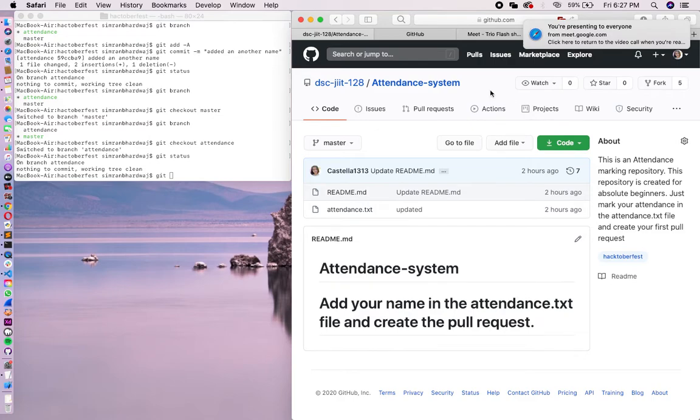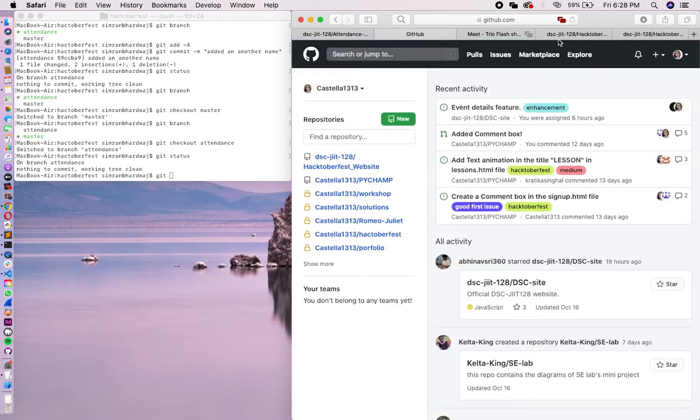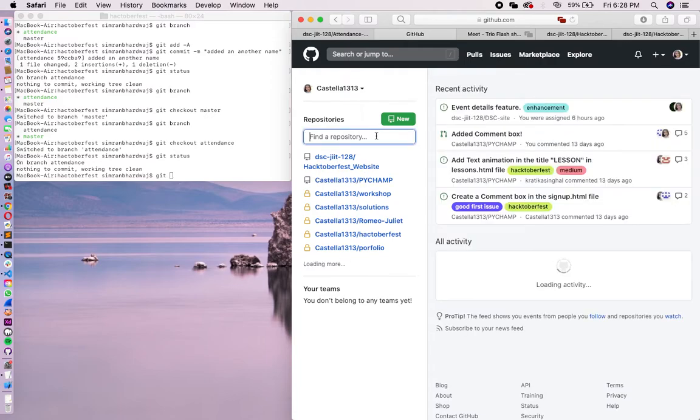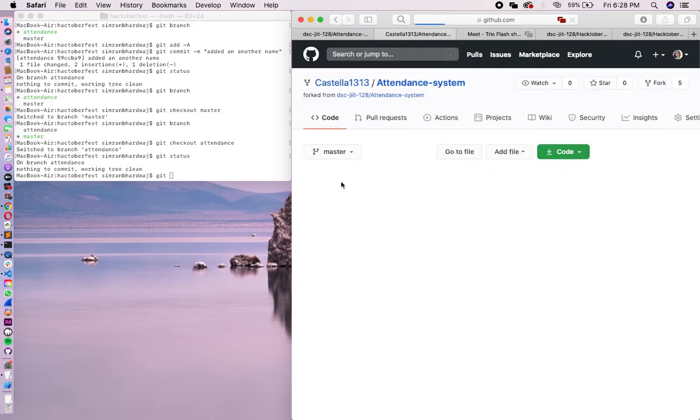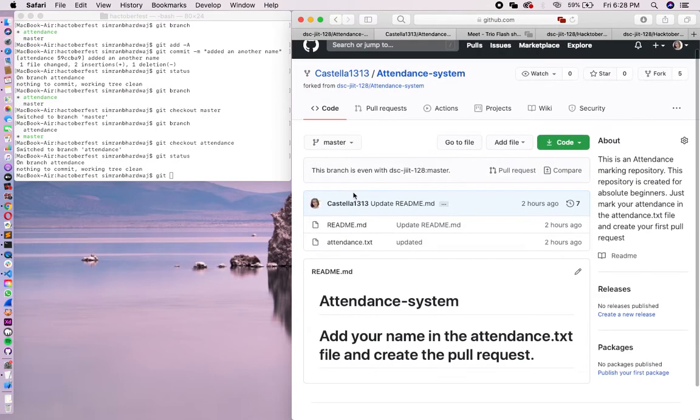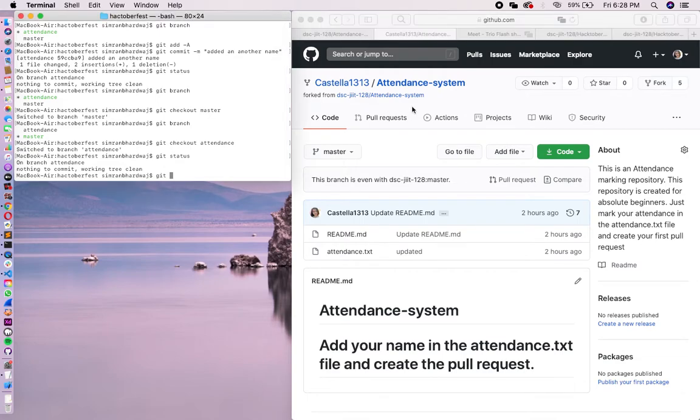Go to the forked repository, not the original one, because the changes you will be pushing will be reflected in your forked repository. Okay, let's push our attendance branch.